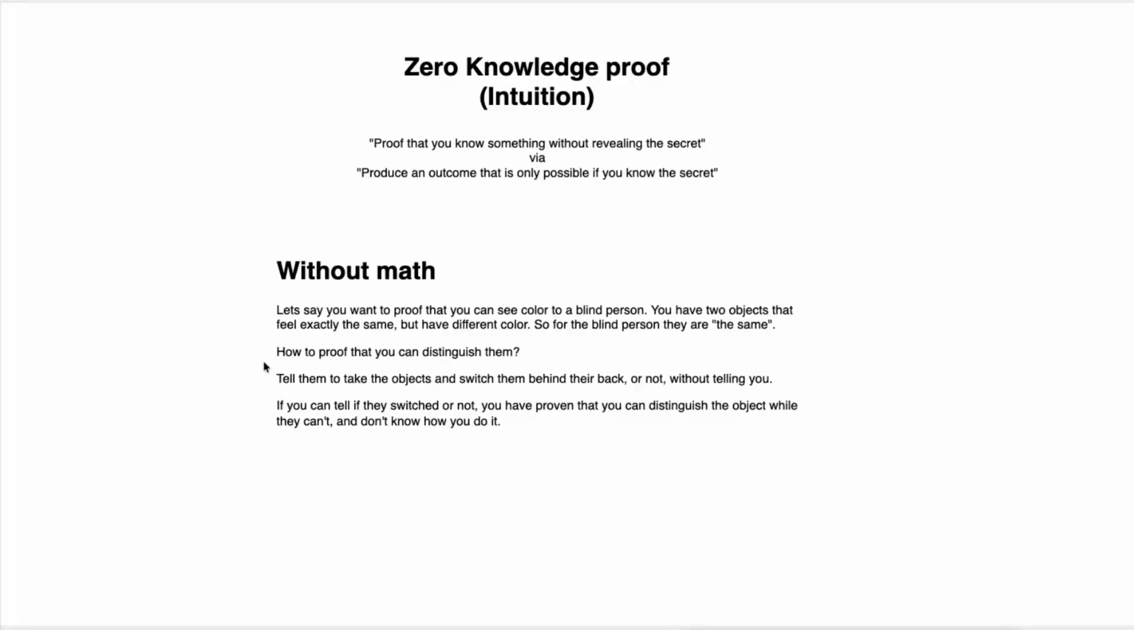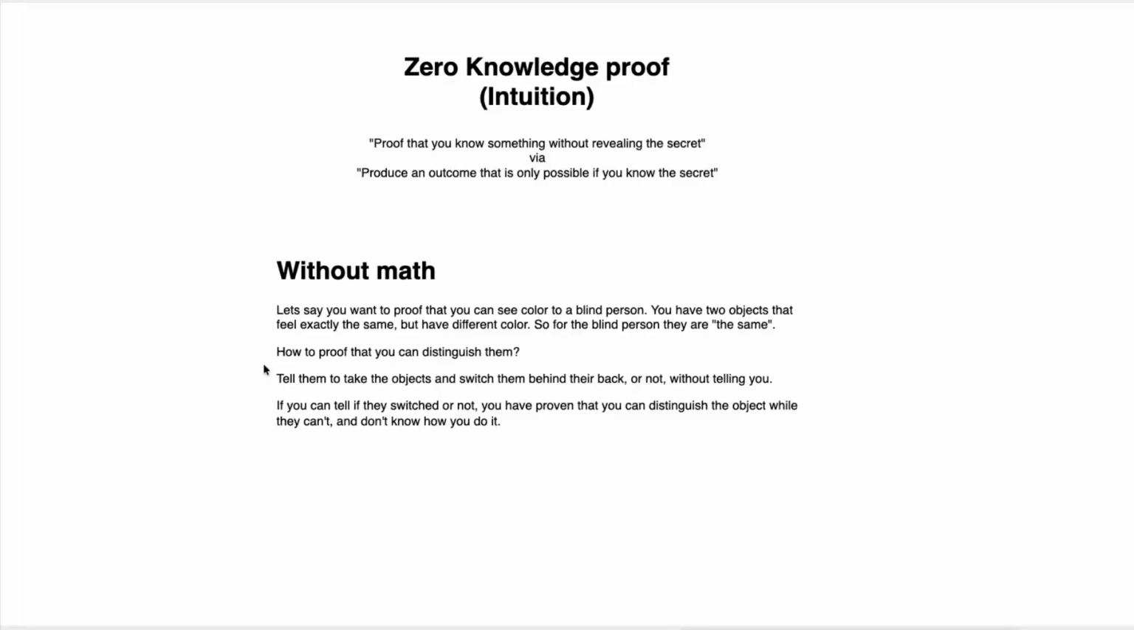Because if you're wrong once, the proof failed. You have to be right every time, and that's nearly impossible. If you do that 10 times, 20 times, it's nearly impossible to guess that correctly. So you've proven that you can distinguish the two objects, but the blind person has no idea how you do